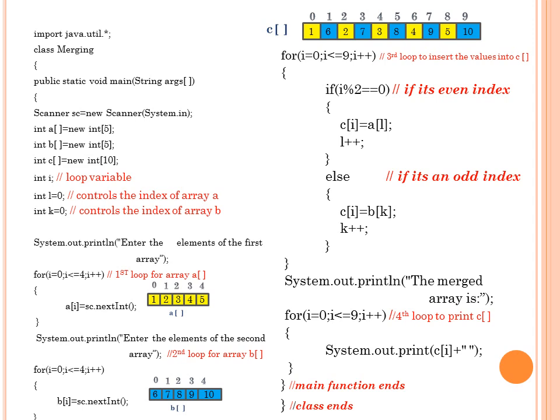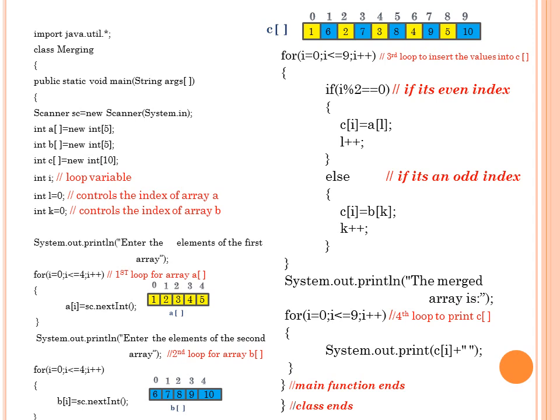The third loop is the very important loop, because in this case we insert the values of A and B into C, and since the size of C is 10, this loop repeats from 0 to 9. So when the value of I is equal to 0, the condition is satisfied and it enters inside the loop where it encounters the if statement, 0 modulus 2 equals to 0. The condition is true, so it enters inside the if condition and it encounters C of I equals to A